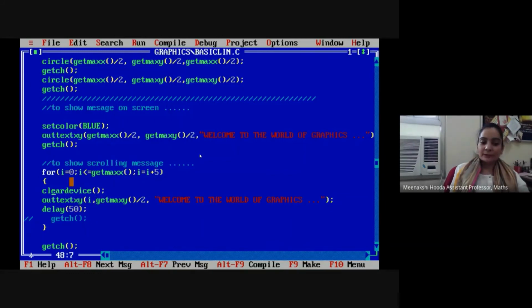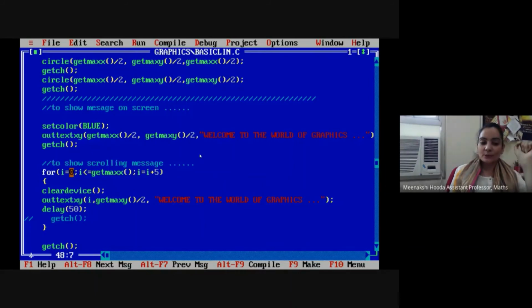So it will keep on recalculating and updating the x dimension, and every time the message is displayed on the screen, it will be displayed at the updated coordinate values. The y dimension is fixed, which is the mid of the screen in the y direction. But we are changing the value of i.